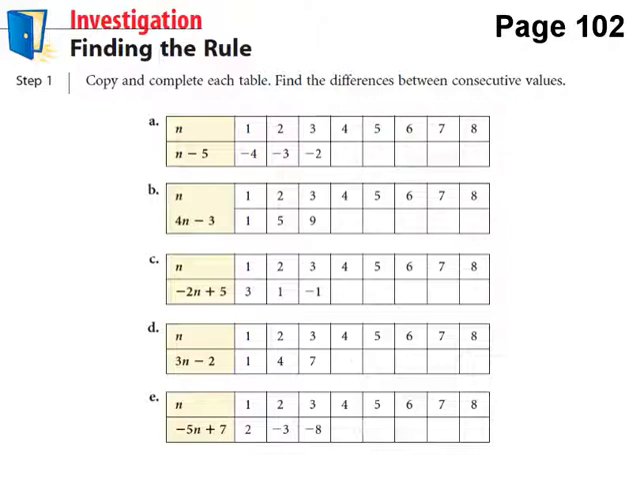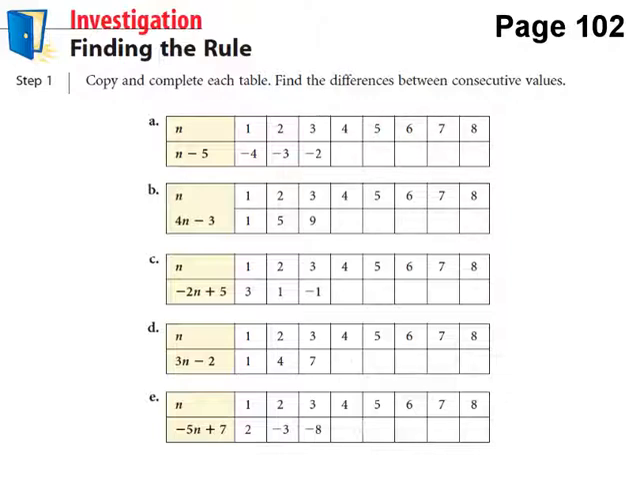5 times negative 2, negative 10, plus 5 is negative 5. 6 times negative 2 is negative 12, plus 5 is negative 7. 7 times negative 2 is negative 14, plus 5 is negative 9. 8 times negative 2 is negative 16, plus 5 is negative 11. 4 times 3 is 12, minus 2 is 10, 5 times 3 is 15, minus 2 is 13, 6 times 3 is 18, minus 2 is 16, 7 times 3 is 21, minus 2 is 19, 8 times 3 is 24, minus 2 is 22. 4 times negative 5 is negative 20, plus 7,